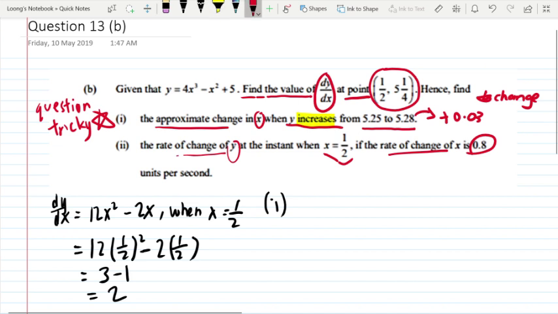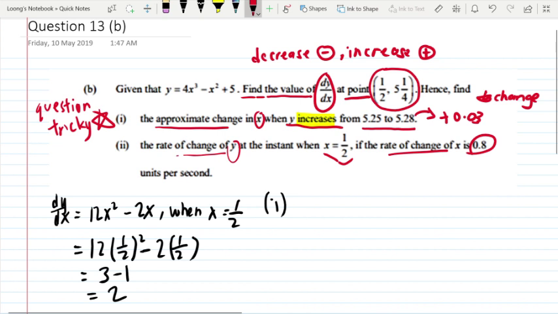If it decreases, you need to put a negative sign on it, whereas for an increase you just put a positive sign in front of it. So this is positive 0.03, and the approximate change in x is,